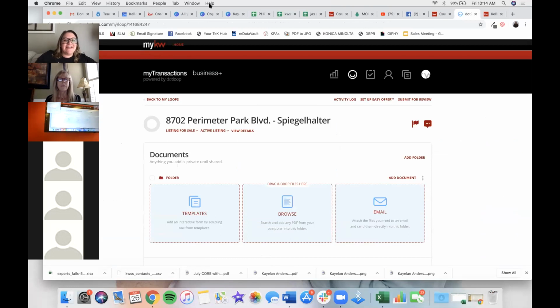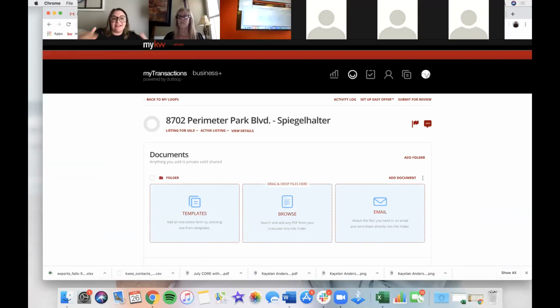So does anyone have any questions about getting into Dotloop from Command? No? So everything's the same, nothing's changed. You can browse for your templates, you can look for your documents, you're going to send for signatures exactly like you've known. And then once you have done that,